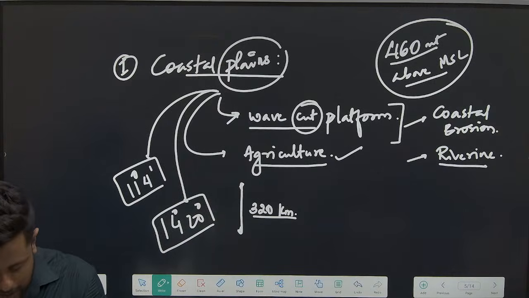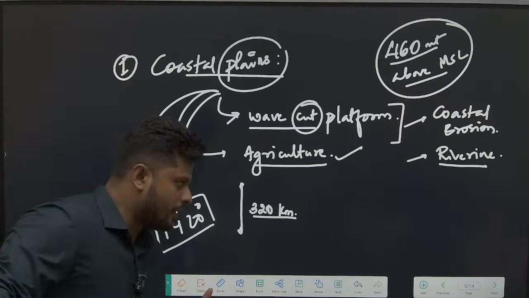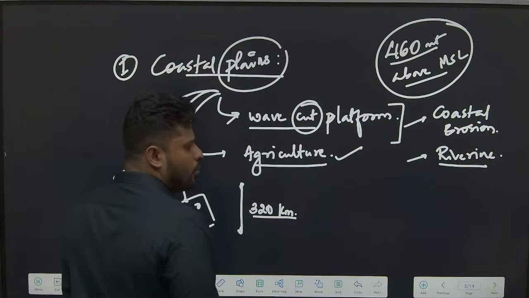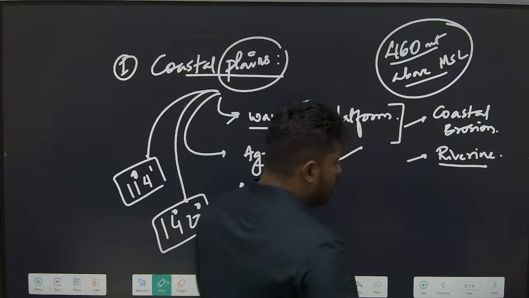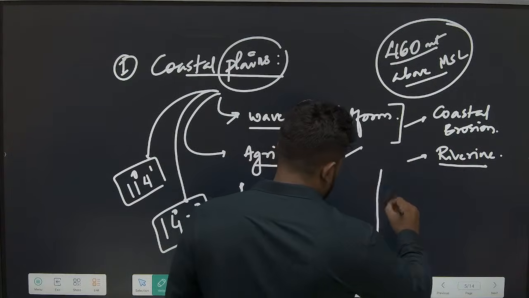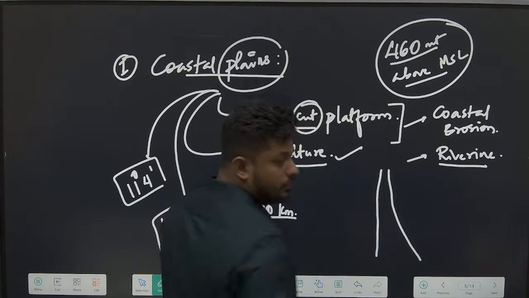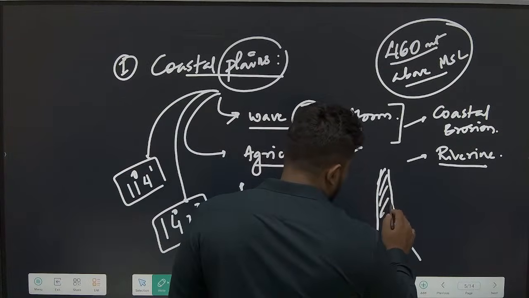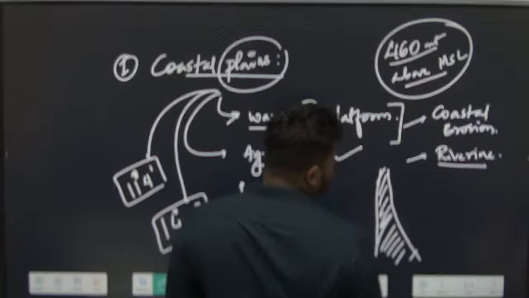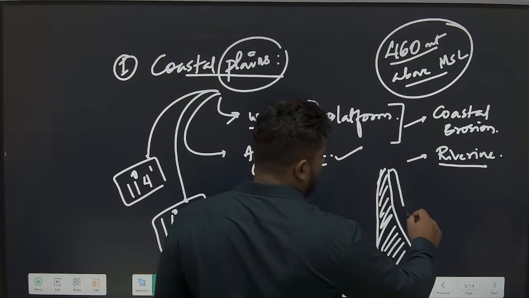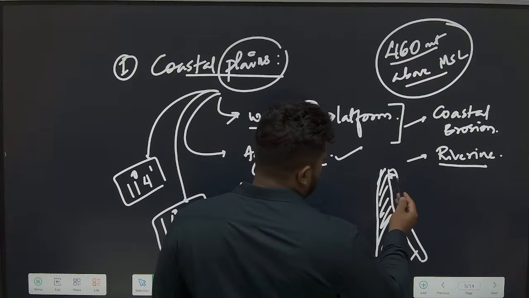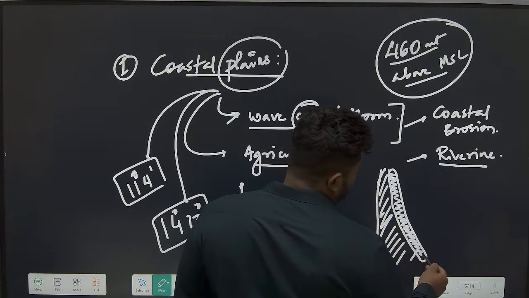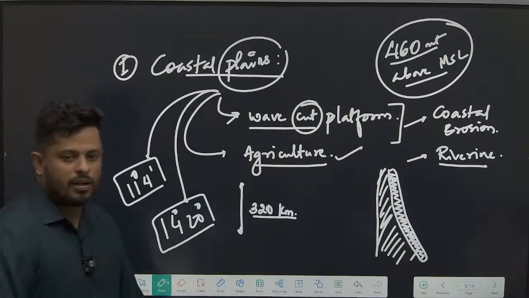All right. If you can tell me what is the physiographic structure of these plains? Are these plains quite narrow or broad? Narrow in the north, broad in the south. Somewhat like this? Yes or no? Why narrow in the north and broad in the south? Because this is very clearly following, yes, the Western Ghats. The alignment of the Western Ghats is regulating the formation of these plains anta helabodu, correct alva?